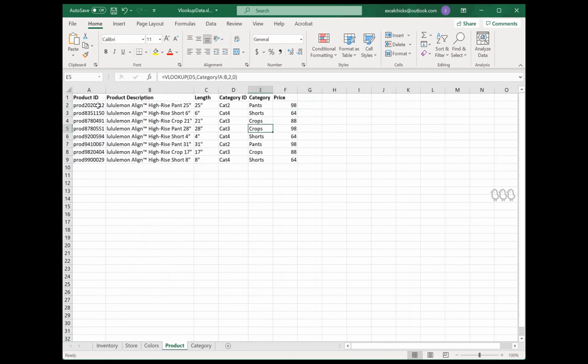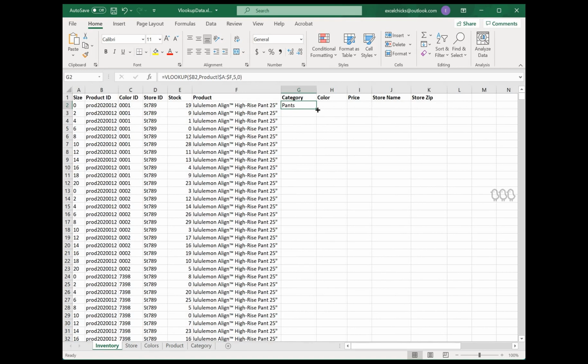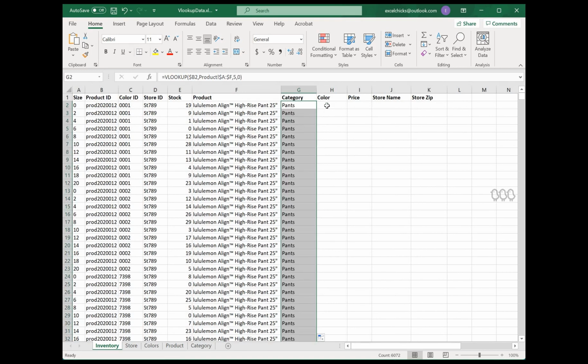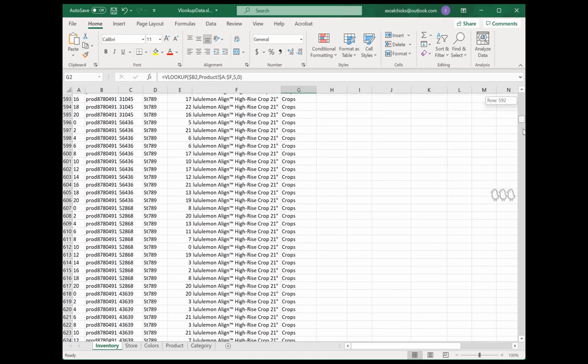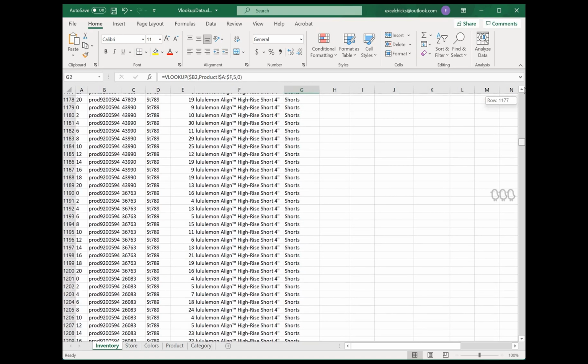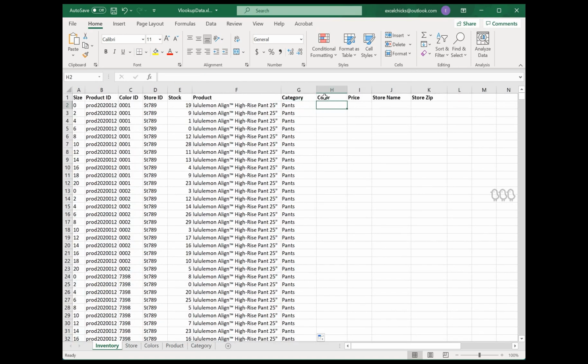Likewise, we could have just gone over here and counted once again, 1, 2, 3, 4, 5, and we would have known right away. But I think that's good to demonstrate. And so we use our autofill handler to double click. It drags down the category. And so we can quickly verify, yep, we have our crops, shorts, everything's populated.